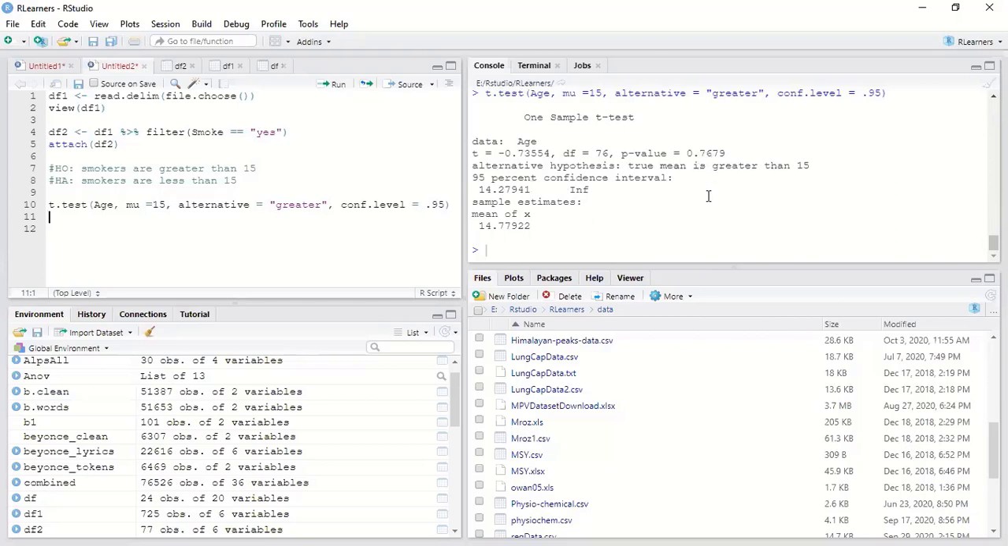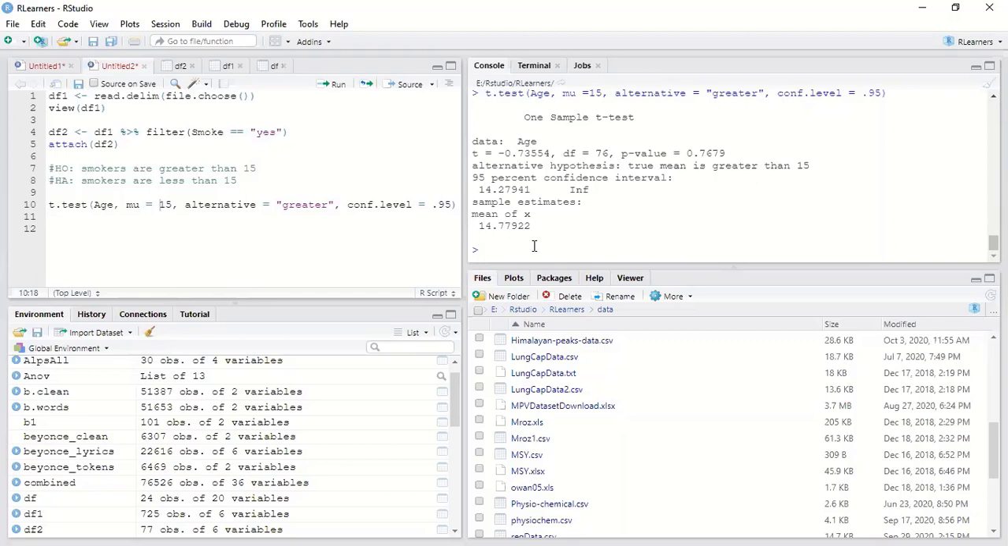This is 0. There has to be a mistake here. Alternative: true mean is greater than 15, at 95%. There's something I did not show you earlier. If you ever get stuck, like I'm getting stuck today with this simple test, you can search